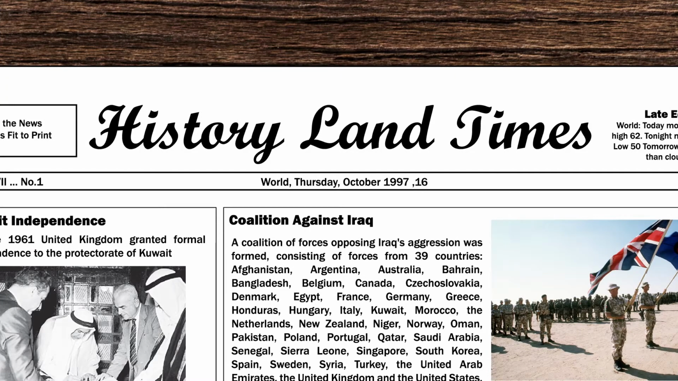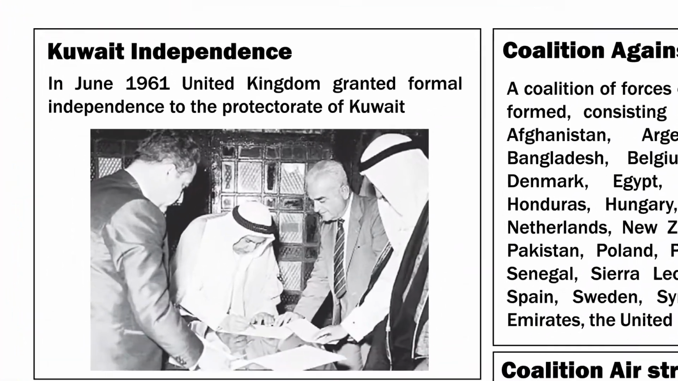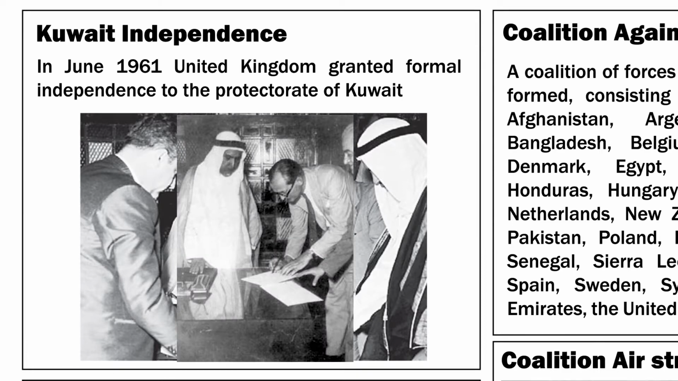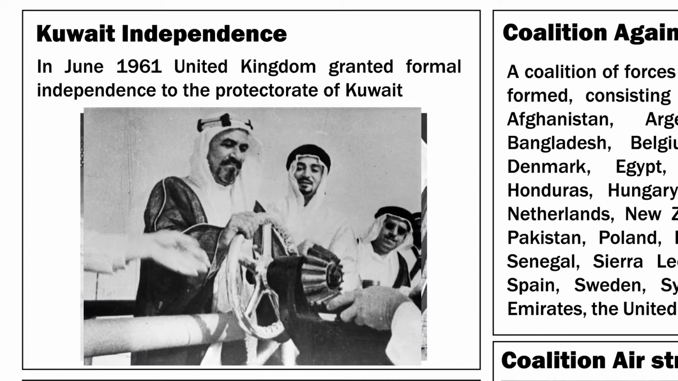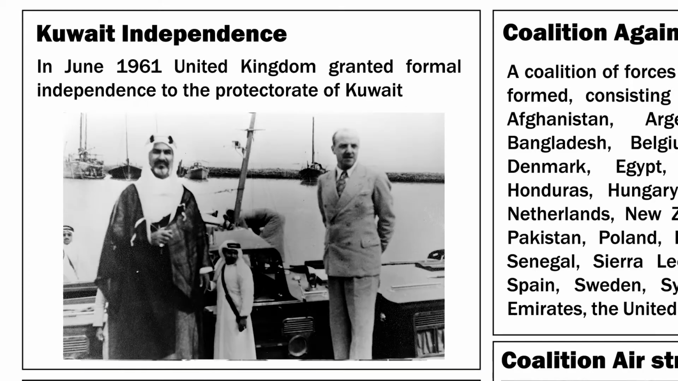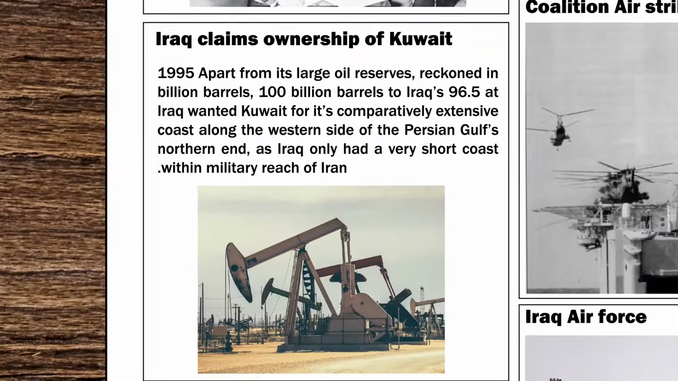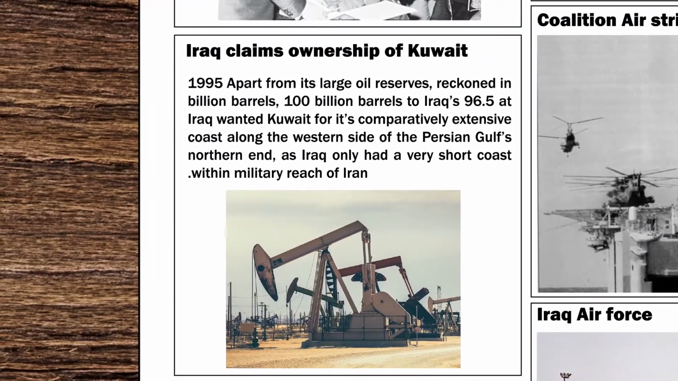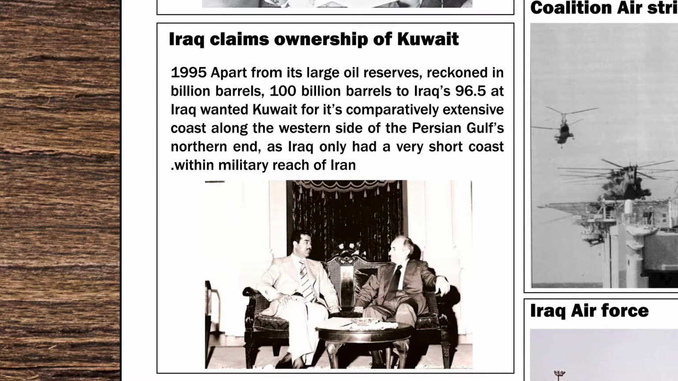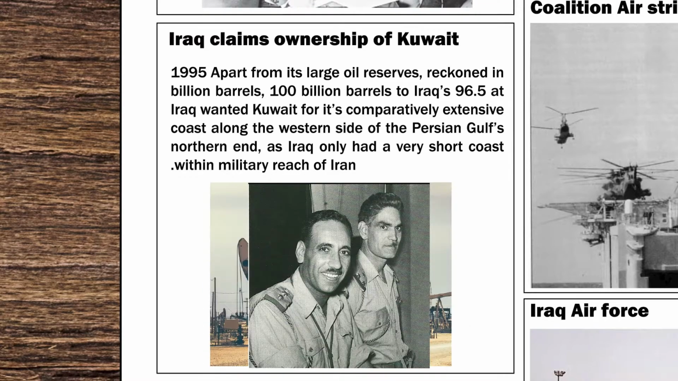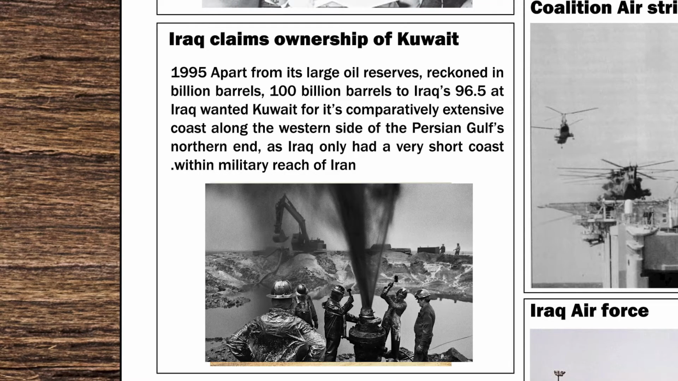In 1961, the United Kingdom granted formal independence to the Protectorate of Kuwait, which then became the Emirates of Kuwait. This small but oil-rich nation had long been coveted by Iraq, its much larger northern neighbor. In 1958, its monarchy was overthrown by the Ba'athist Republic. Iraq never recognized Kuwait, and on several occasions in the following 30 years, laid claim to all or part of